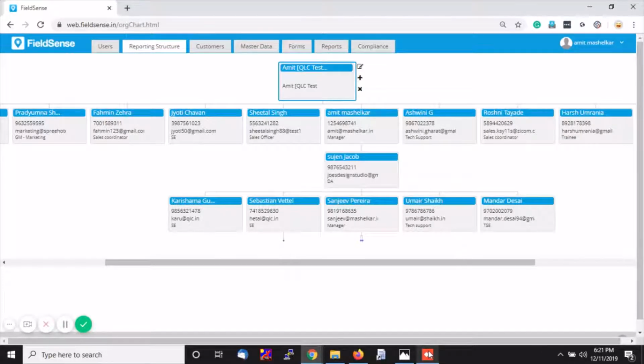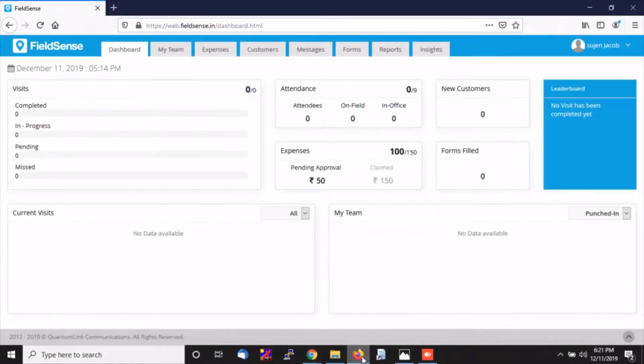Now we'll approve this expense by logging in Susan's ID, that is the reporting head. I have already logged in Susan's ID, so I'll take you directly to expense.